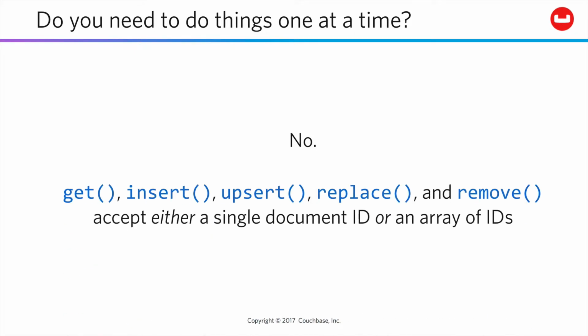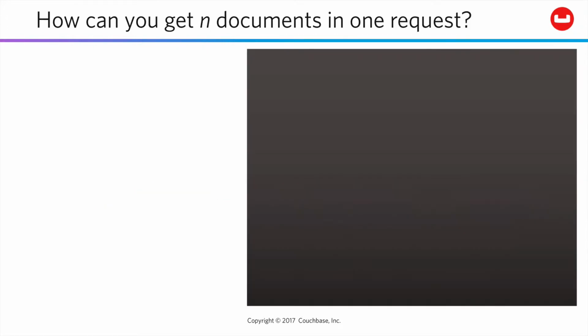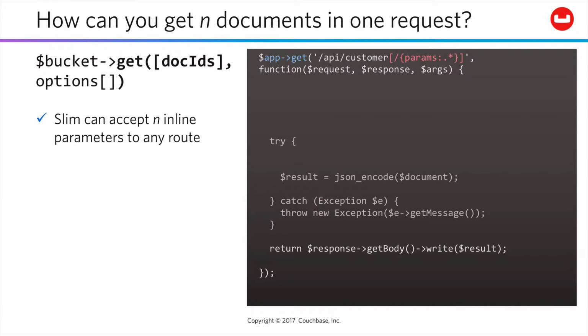No. The most fundamental level are core bucket operations: get, insert, upsert, replace, and remove, all accept either a single document ID or an array of IDs. So if you wanted to interact with multiple documents in a single request, perhaps as a get, well, that's straightforward enough. Get an array. You'd find that Slim has a syntax to support n number of parameters within a single